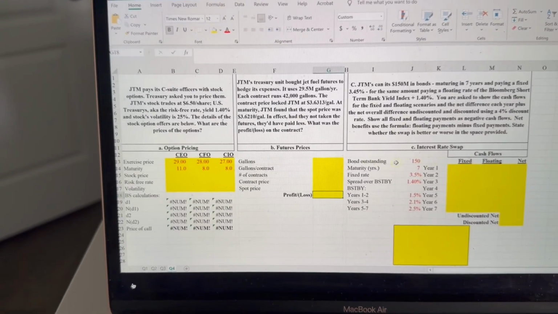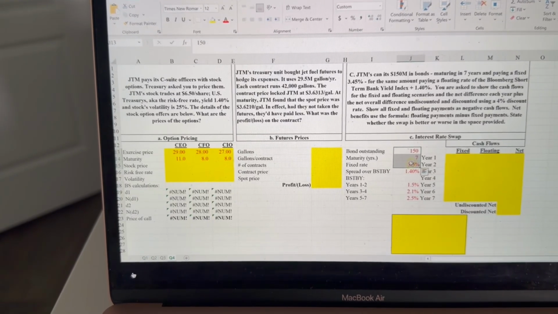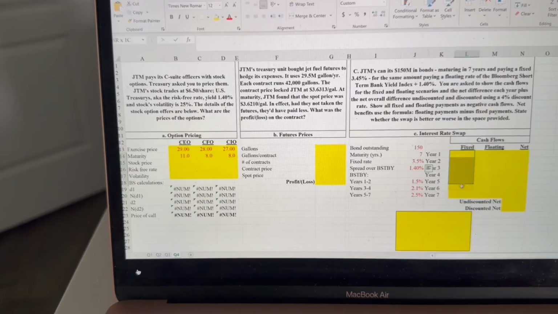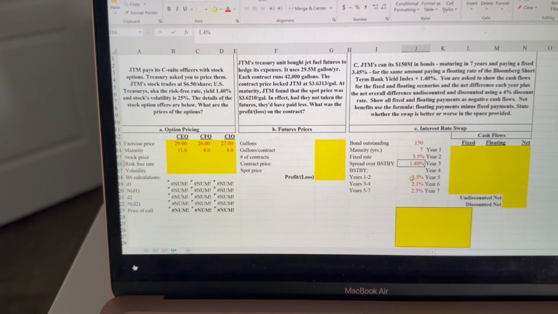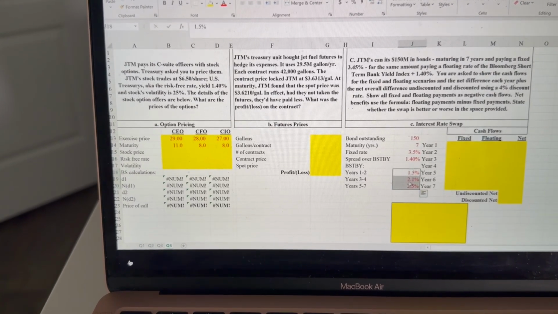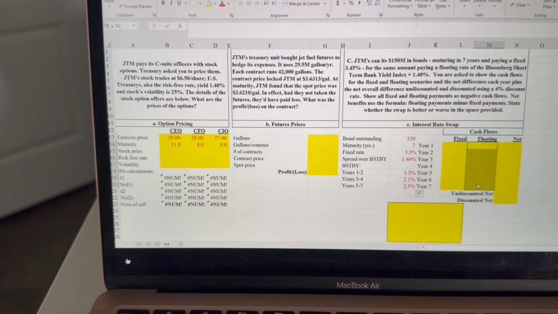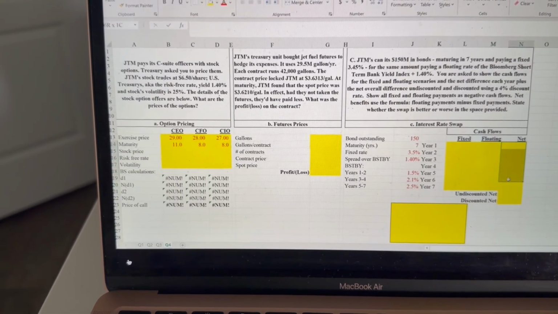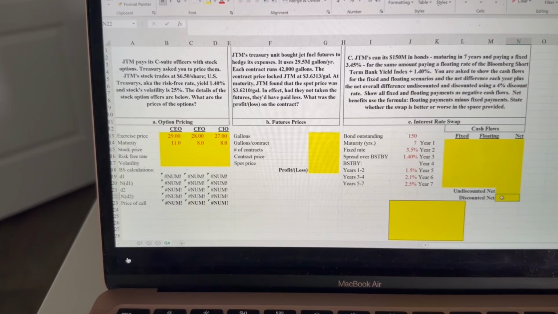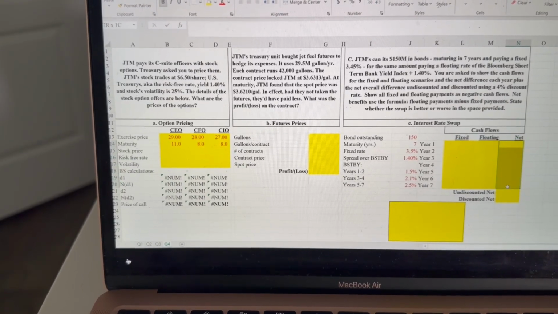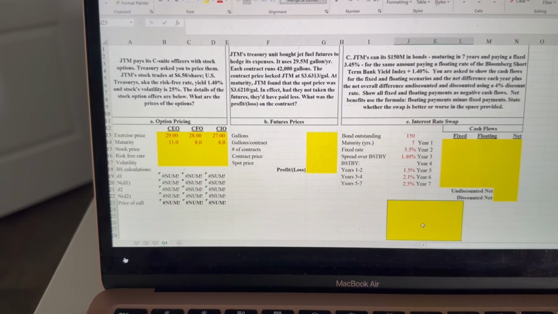Part C, it's a swap. And what you're doing is you're going from fixed, 150 million over 7 years, paying a fixed rate of 3.5%, which you're going to put here. These are all fixed payments, to floating, in which you're going to be paying a spread of 1.4% over these forecast rates for the Bloomberg short-term bank yield. So these floating numbers will be here, and you'll compare the two, okay, using the formula given, and you're going to add them all up as undiscounted, and then you're going to run the NPV function and discount these nets to show the discounted net, and then you're going to determine whether or not you should take the floating